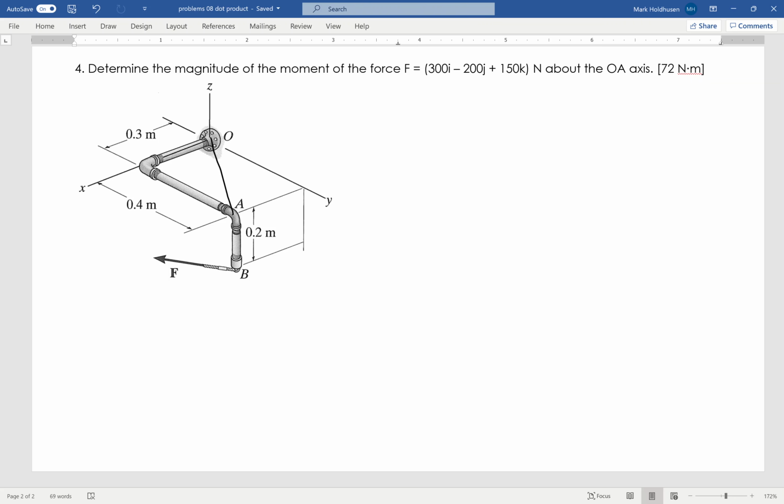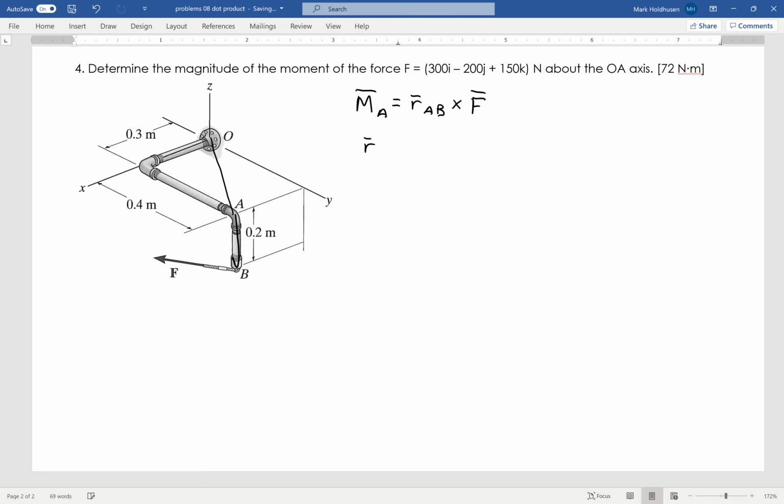So again, what I need to do is find a moment about somewhere, drawing an R vector from somewhere along the axis to somewhere along the force. And again, I choose the easiest one possible, which will be the R vector A to B. So I'm going to essentially find the moment about A because it gives me the simplest RAB crossed with F,